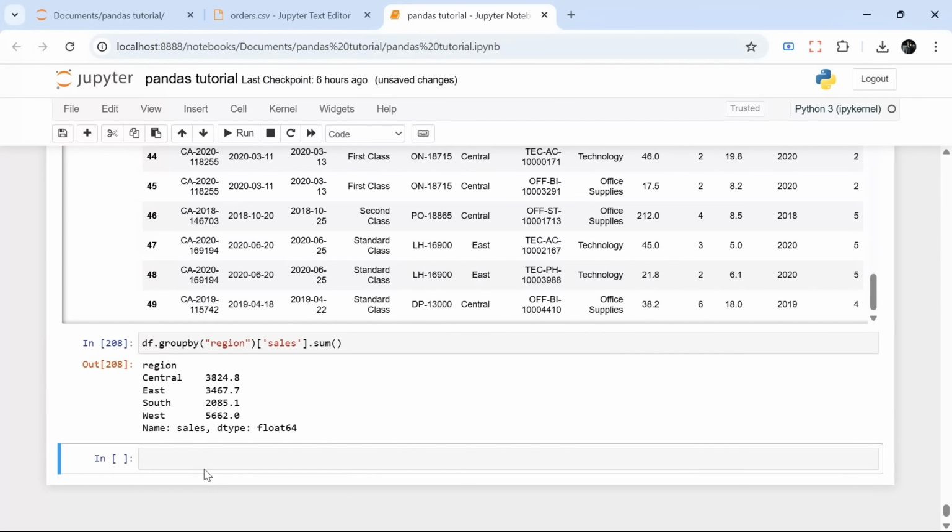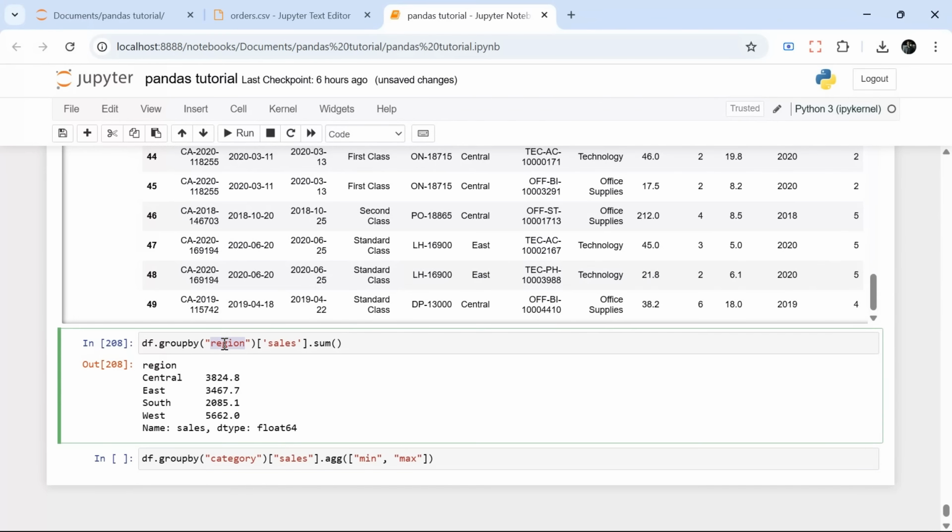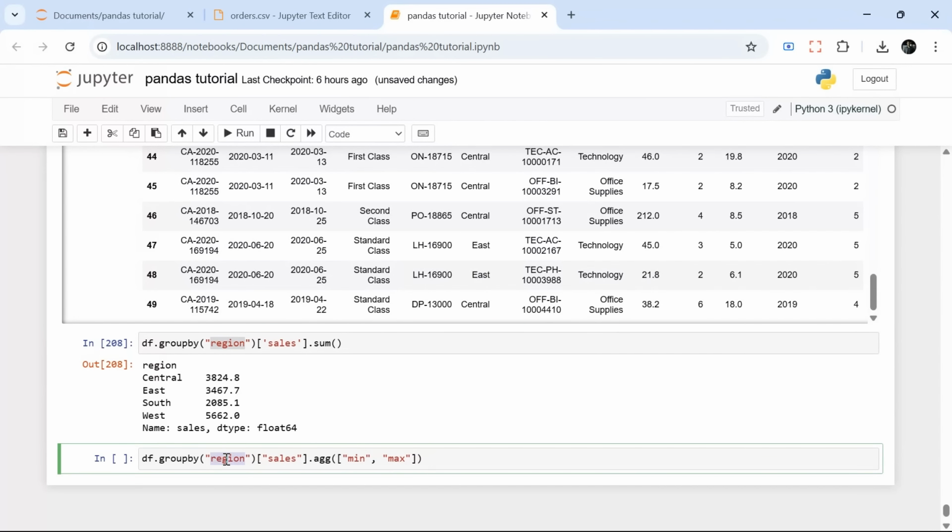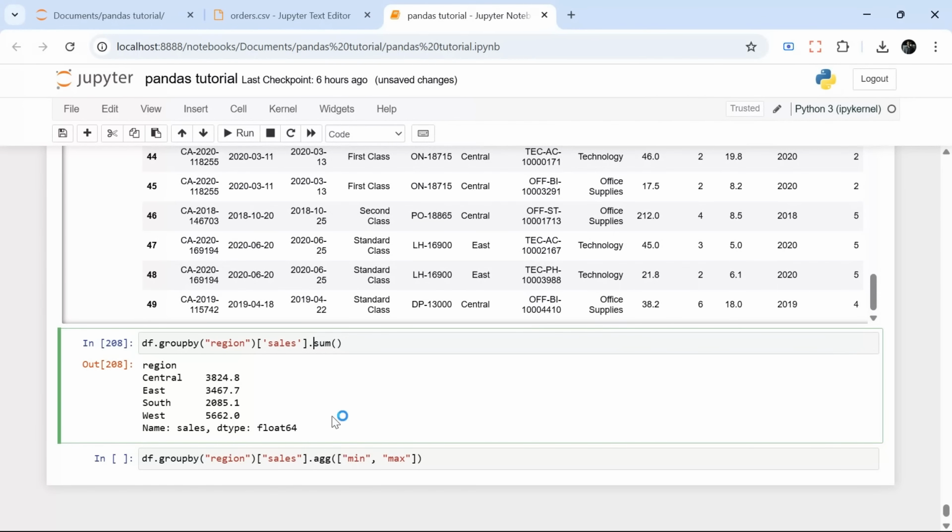So I'll just take this, right? We are doing group by on region, let's say. What I'm saying is group on region, so from each group, one group is central, another is east. Take sales, aggregate it, and give me min and max both. Here I am directly saying sum, but if I want min, max, and let's say sum as well,